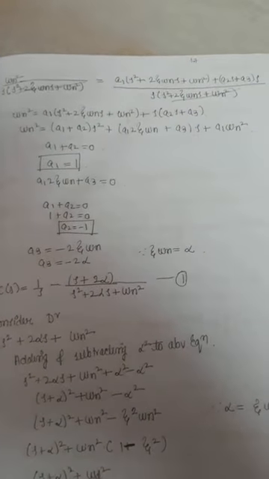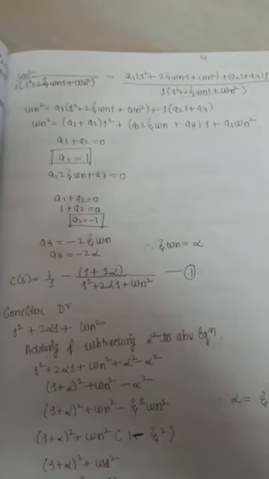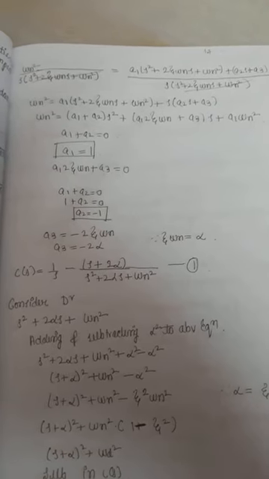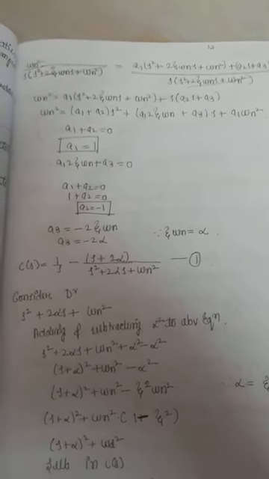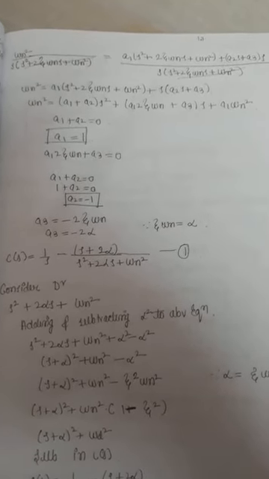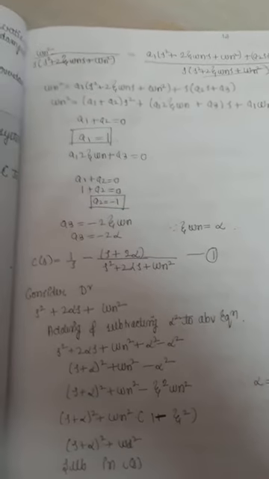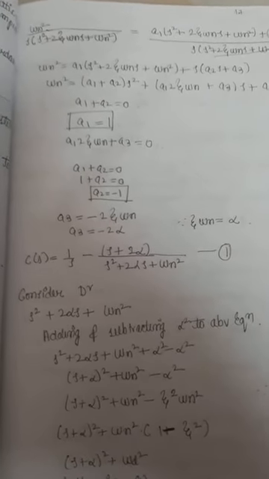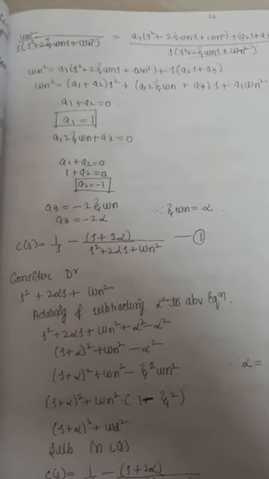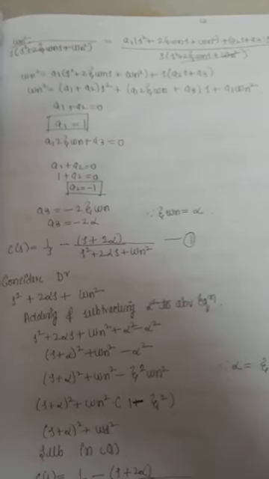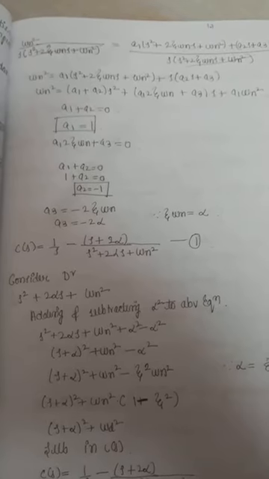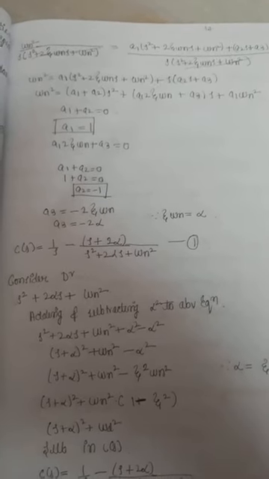To find the values of a1, a2, a3, we'll equate those two equations, and the denominators will be cancelled. So omega_n square is equal to a1 (s square plus 2 zeta omega_n s plus omega_n square), this is one bracket, plus s (a2 s plus a3). From this, if we keep solving, we'll get a1 is equal to 1, and a2 is equal to minus 1, because on the left side the coefficient of s square is 0. That's why we have considered a1 plus a2 is equal to 0.